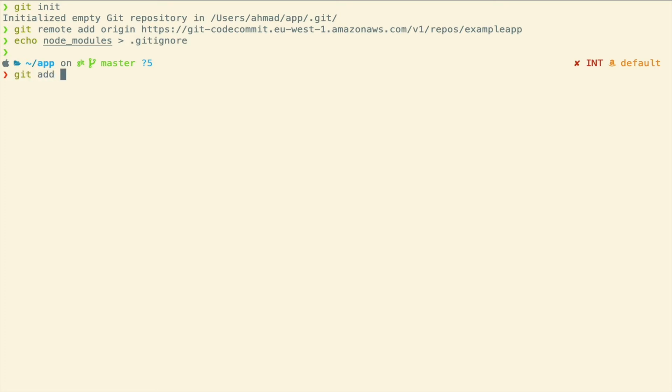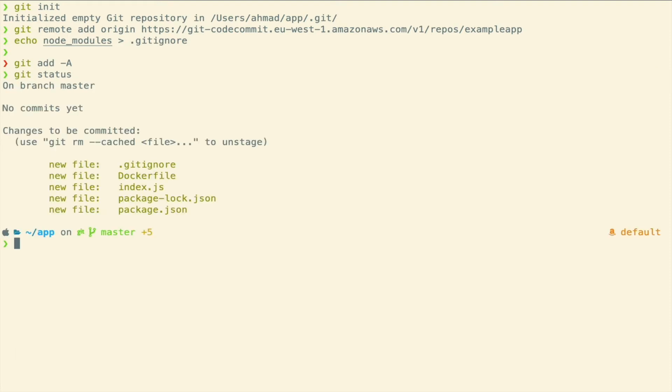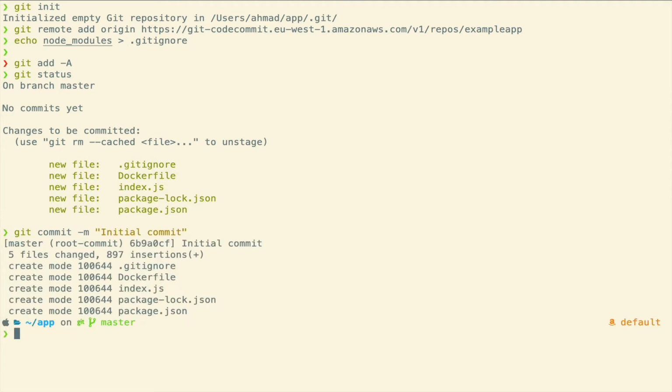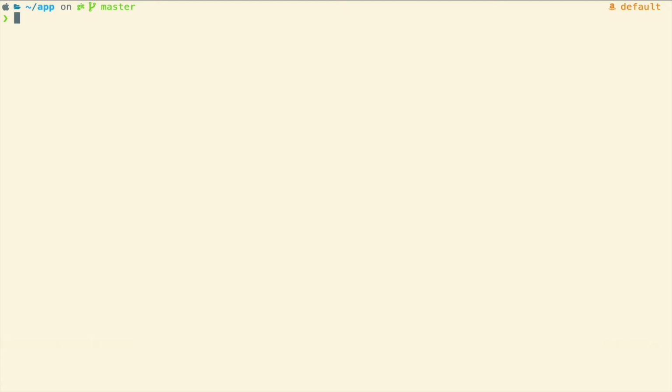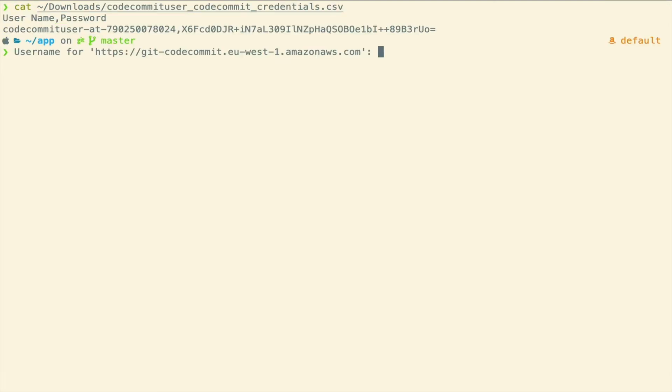Going to git add -A, which means that I'm going to add everything in the repository. I can ensure that I'm only adding the correct files by running git status. Yes, I have the package.json, package-lock.json, index, and Dockerfile, and the gitignore. I'm going to commit those changes, git commit -m initial commit. Now, before I push this code to CodeCommit, I'm going to need to get the credentials. So I'm going to cat the username and password of the CodeCommit CSV file that I just downloaded, and now